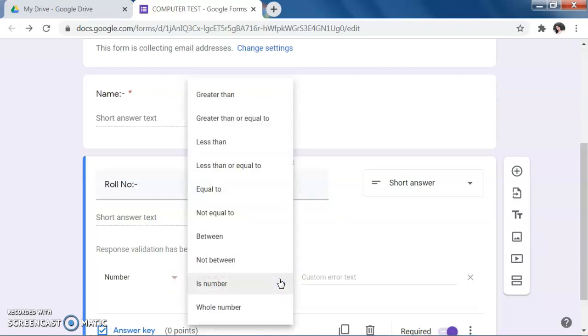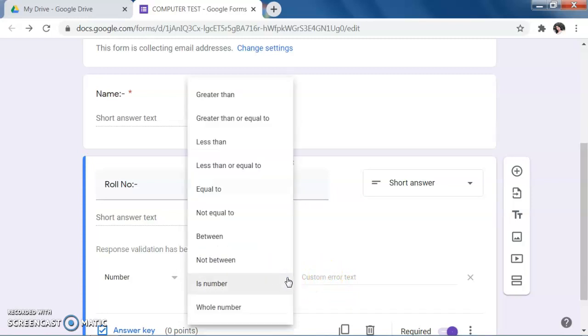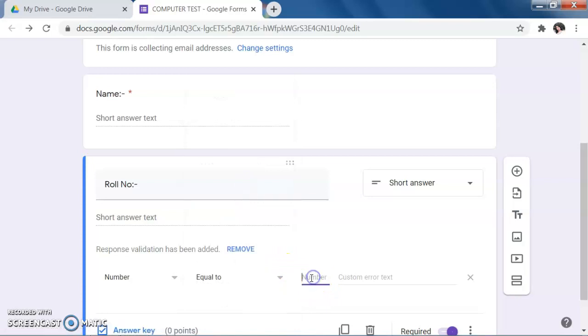Suppose is number, and suppose the roll number must be equal to 5 digits.